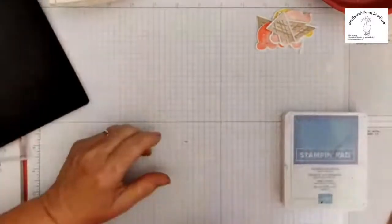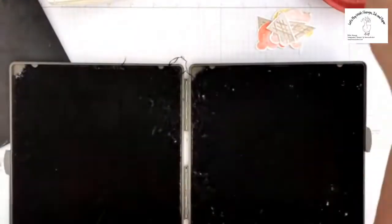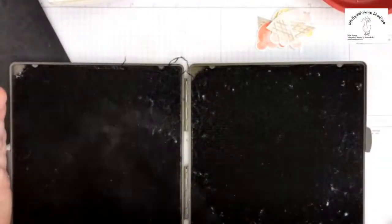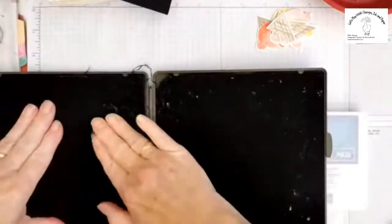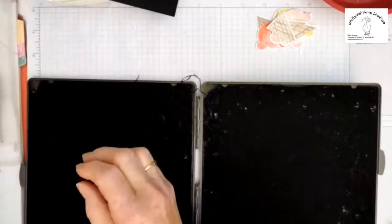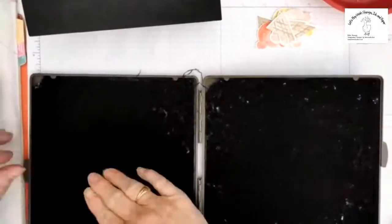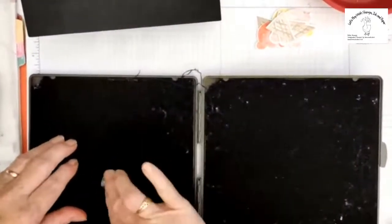Hold those up for a moment and let's grab our stamping scrub. A little bit of a swish and we'll give these stamps a bit of a clean. Last but not least,